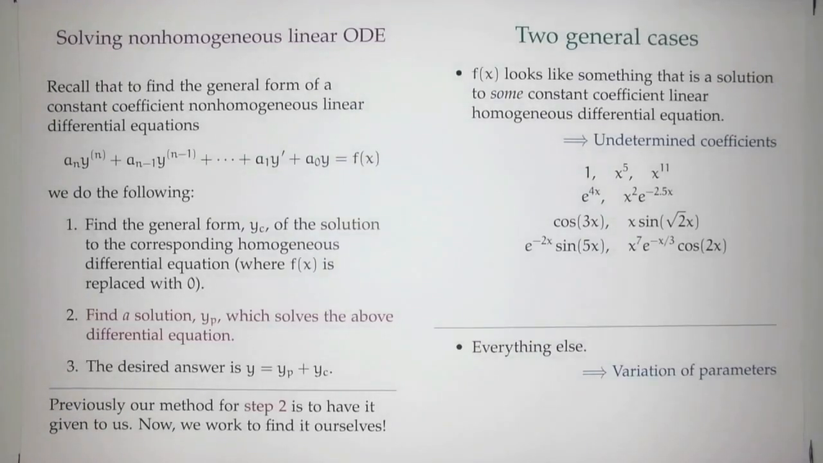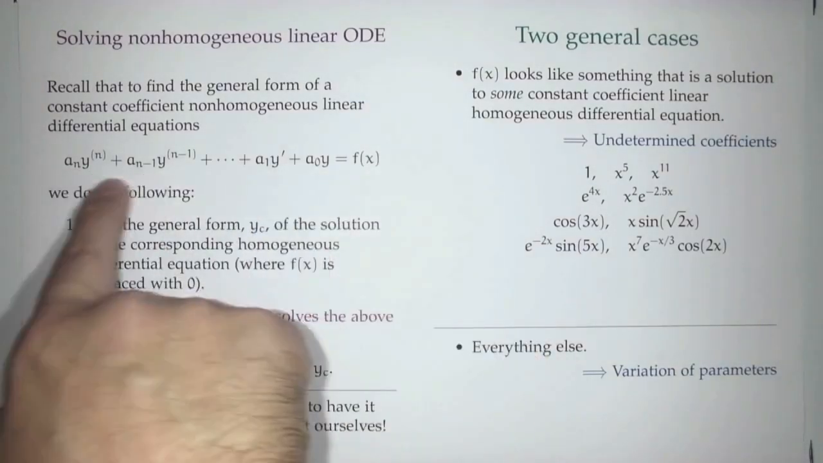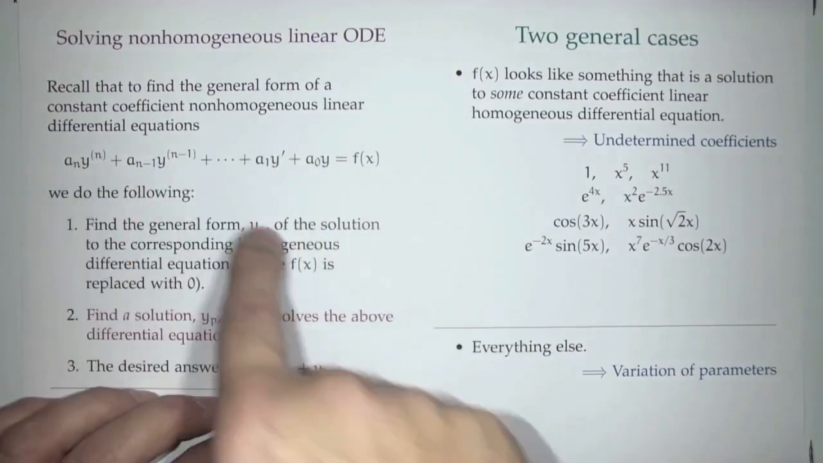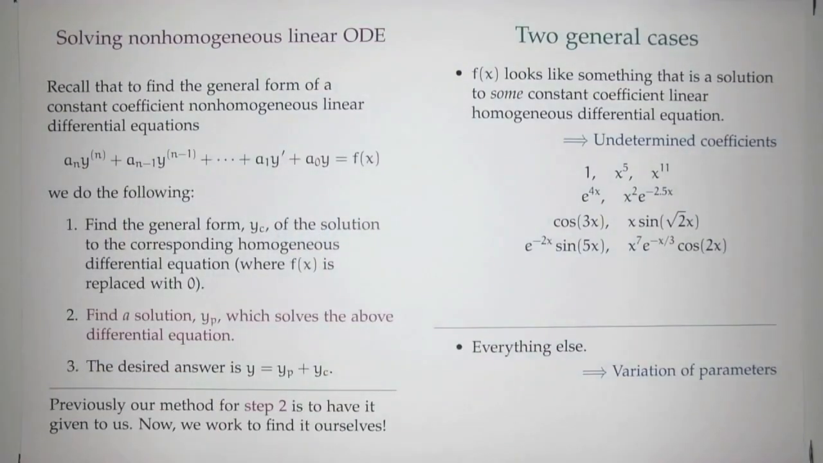Well, we're going to split it into two big cases. Think of it as the first case today, the second case next time. So today we're going to say, suppose f of x looks nice. What do we mean by nice? It looks like something that's the solution to some constant coefficient linear homogeneous differential equation. Not necessarily this one, but some constant coefficient linear homogeneous differential equation. And things that look like that,